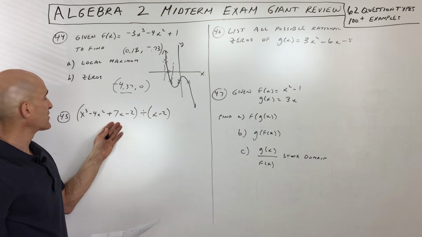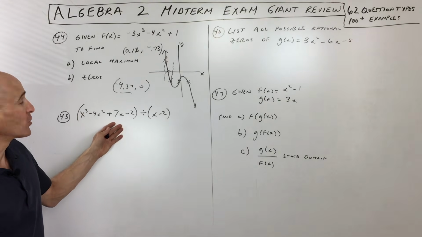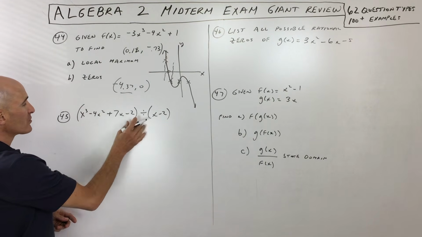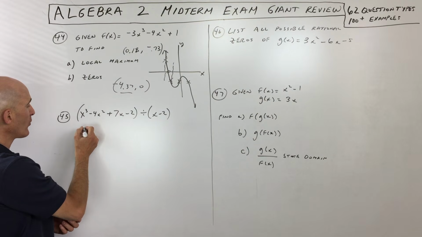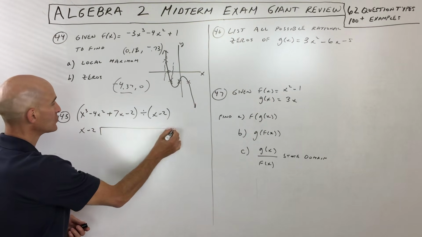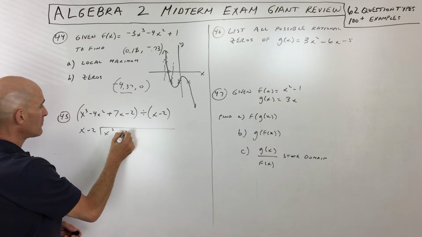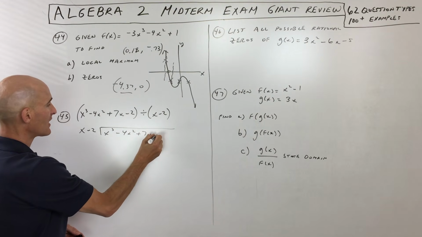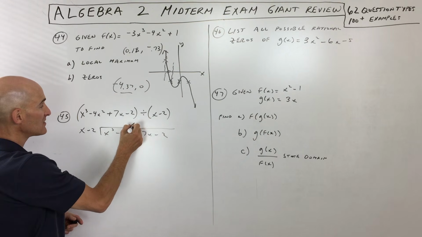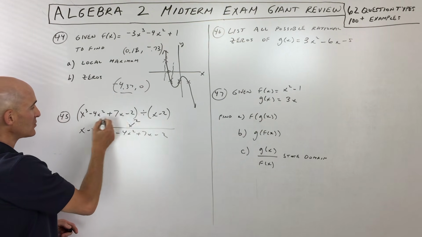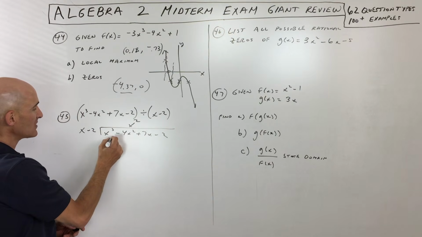Okay, so let's take a look at number 45. So number 45, you're doing long division. Now, when you're dividing this polynomial by x minus 2, you could do synthetic division also. I guess I'll show you both ways. So let's say you're dividing by x minus 2. So this is x cubed minus 4x squared plus 7x minus 2. So you say, how many times does x go into x cubed? Well, it goes in there x squared times. Then you take the x squared and you distribute to both of these.